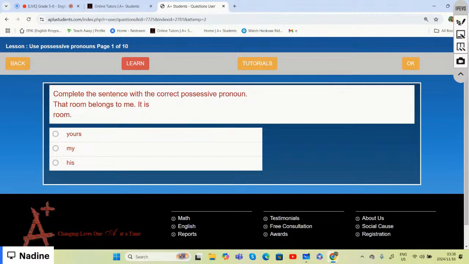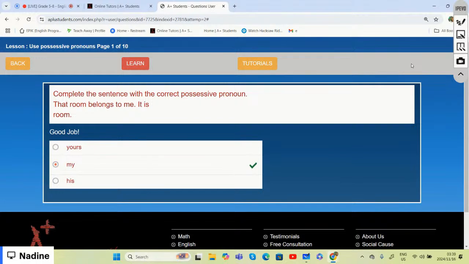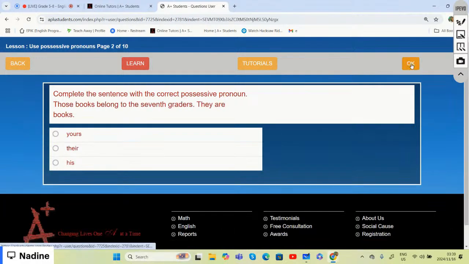All right, the next one says that room belongs to me. So we can say it is option two. Yes, it is my room. If something belongs to me, then it is my room. So well done, option two is correct. The next one says,